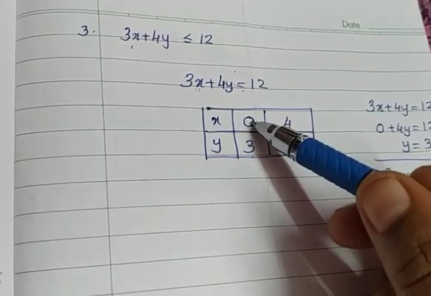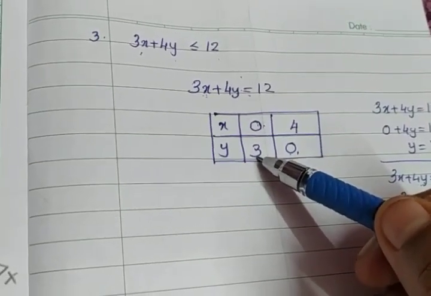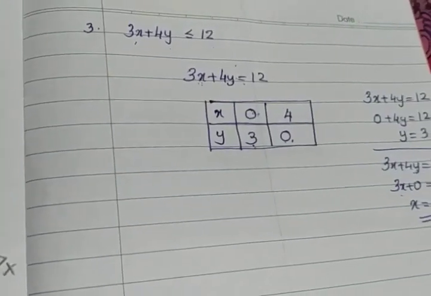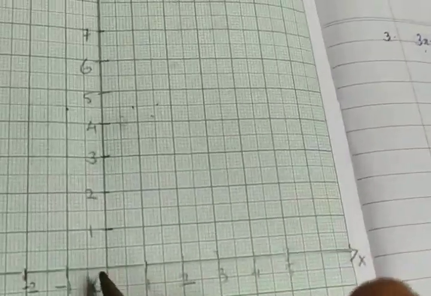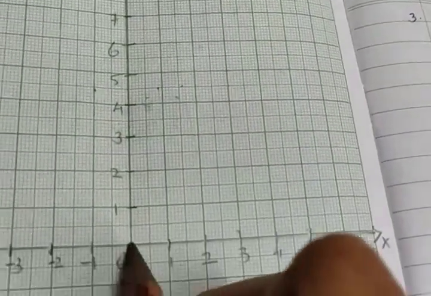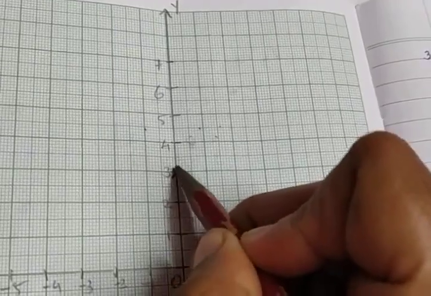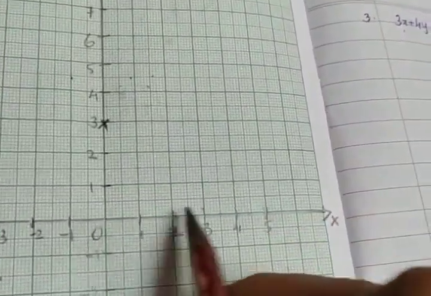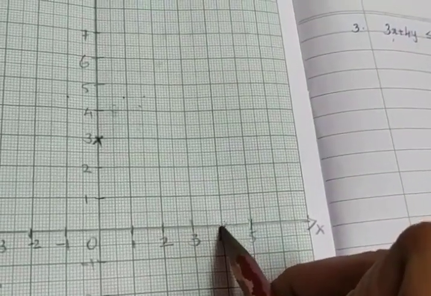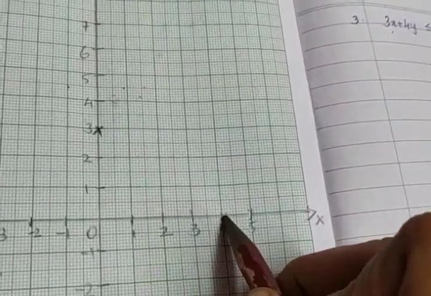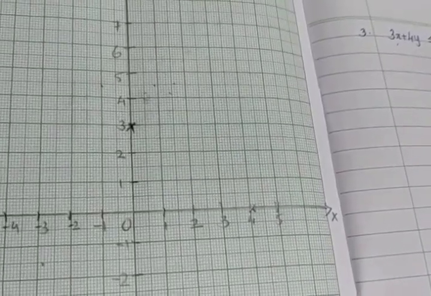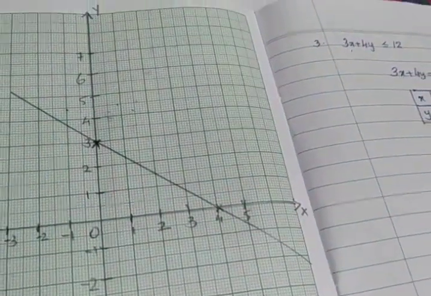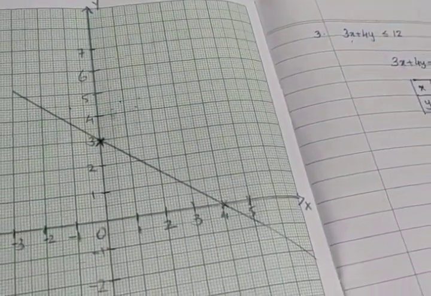What makes the difference? 0, 3 is a point which lies on the y-axis and 4, 0 is a point which lies on the x-axis. Let us check. The first point is 0, 3. So mark 0 here, so that 3 will be on the y-axis. So we mark here 0, 3. The second point we got is 4, 0. 4 will be on the x-axis and the corresponding y-coordinate is 0. So 4, 0 is a point on the x-axis. Again, we have to join these 2 points. So I joined the points and I got a line.